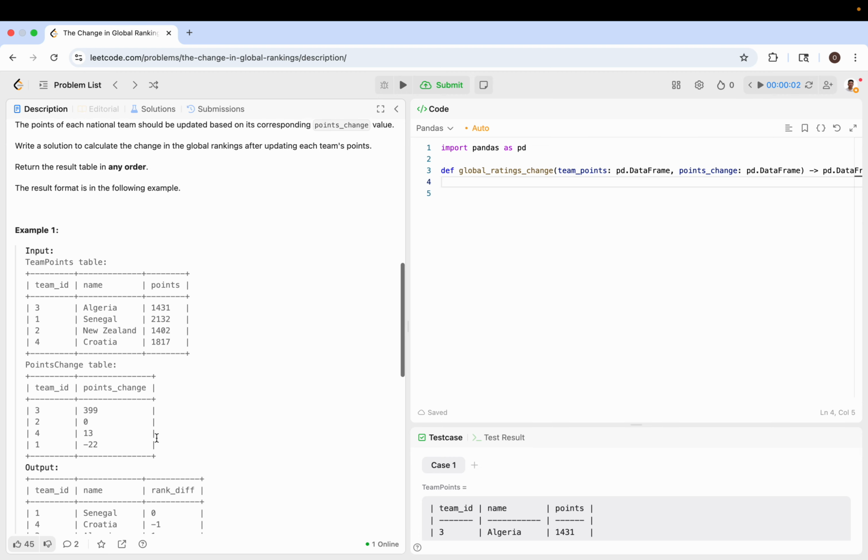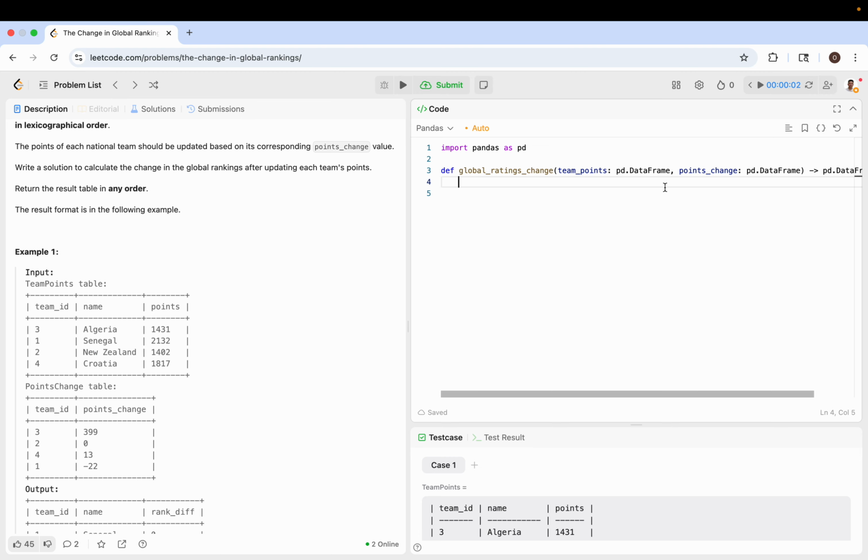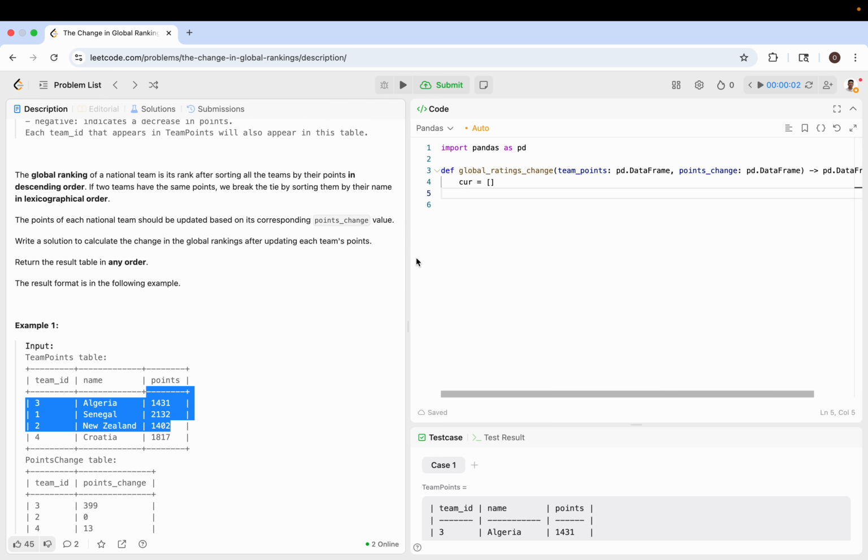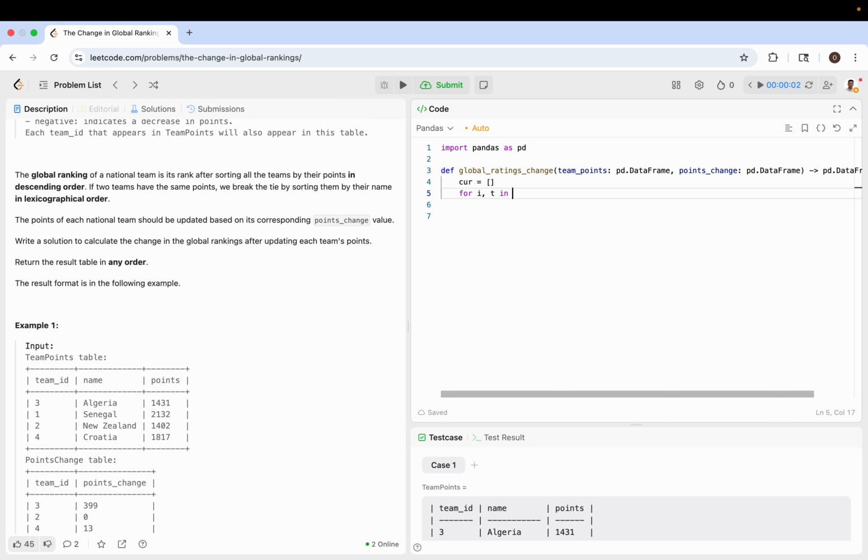So first, let's go ahead and get the information that we need and try to sort it in the points and the names order. So for i, t in enumerate team points, team, let's say team ID, let's just say cur.append the team ID, the name, and then the points. Okay, and then we're going to sort it